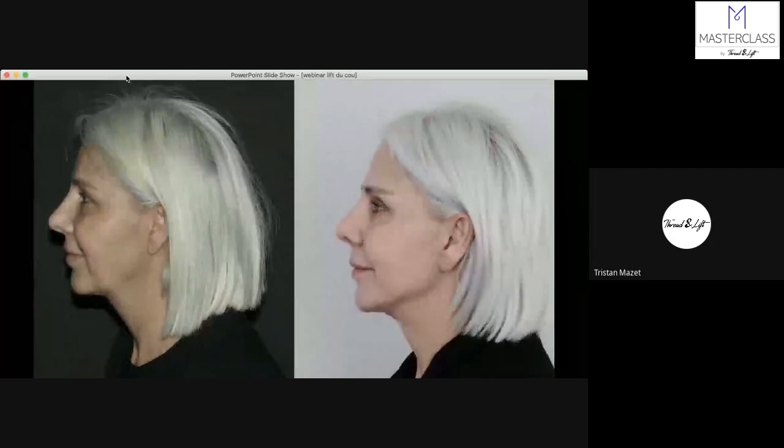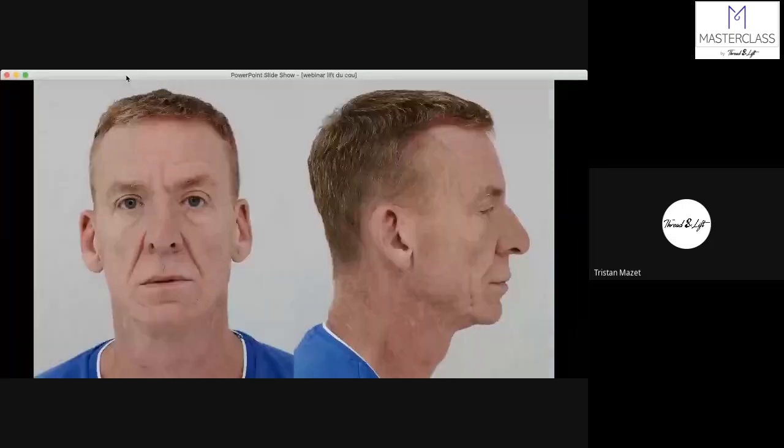So there was another question. I don't know if you've seen it, from Dr. Moll. When you say undermine, do you really detach the skin, or do you just loosen it with your cannula? Okay, it depends on the area. For example, here in this patient,